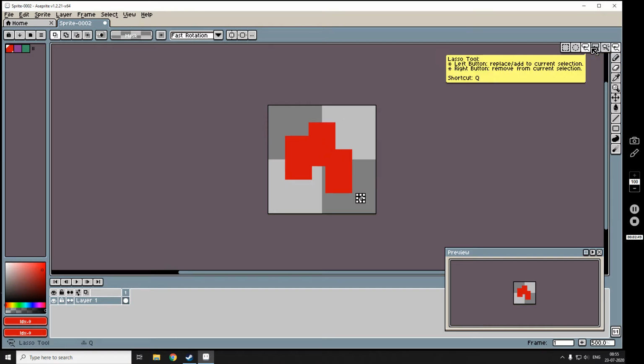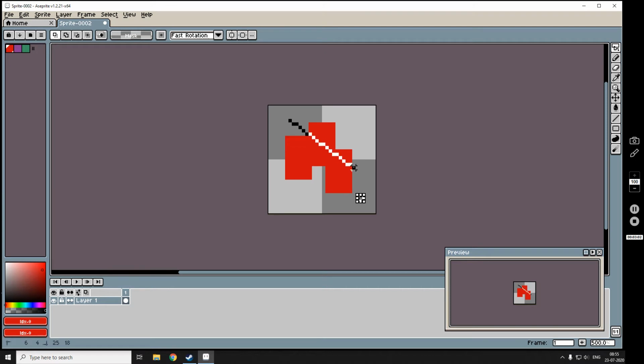The next one is the polygonal lasso tool. This is pretty much like the lasso tool, but you can drag and click to select a certain polygonal shape, like this. See, you need to drag, then click, then again drag and click, then again drag and click, and leave it. So it works like this. You can make any kind of shape using this one too, whatever shape you like to draw.